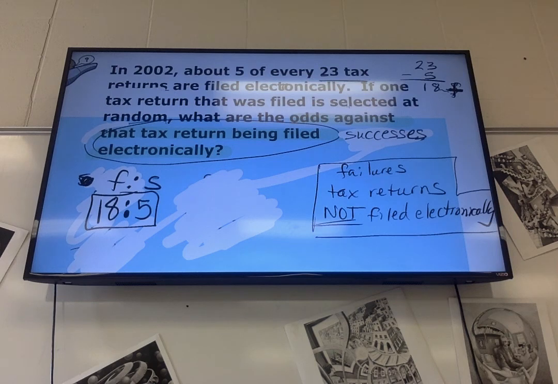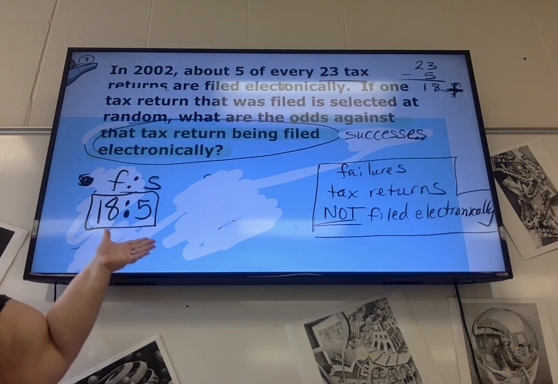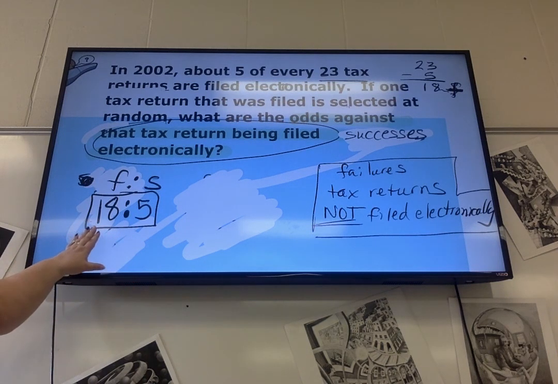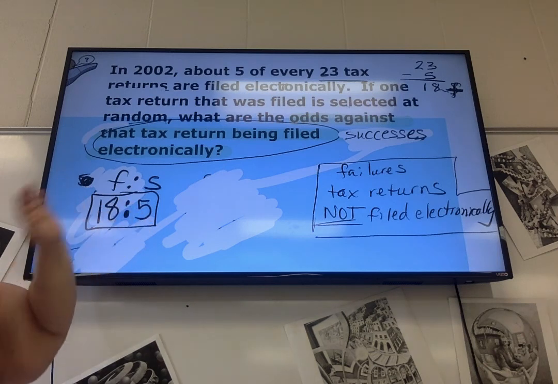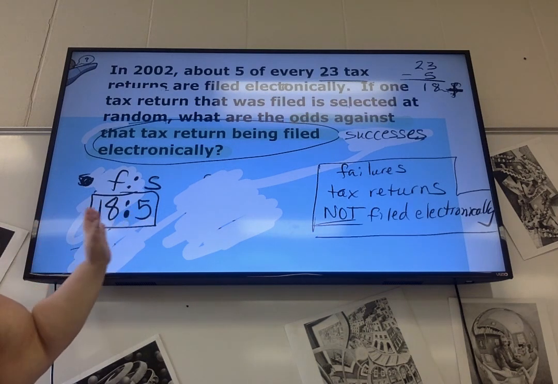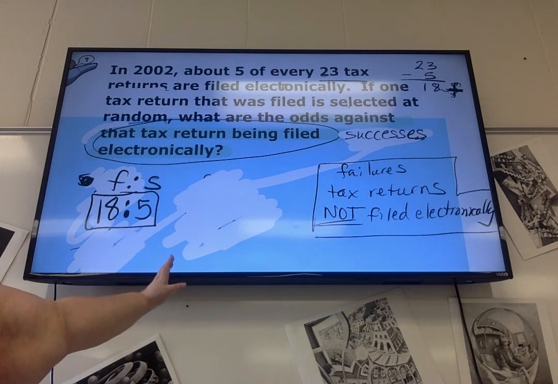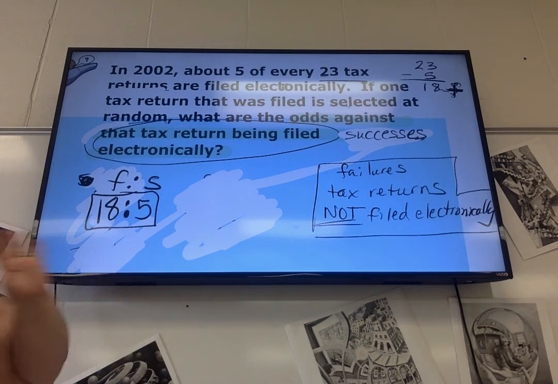Now, this is a ratio. It's treated just like a fraction. If that could reduce, like say that was 15 to 5, then you would reduce it. You would divide both of them by 5 and make it 3 to 1. You wouldn't just leave it as 3 because you need two numbers.